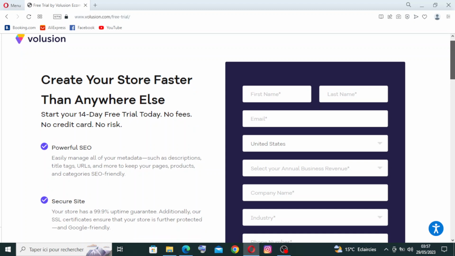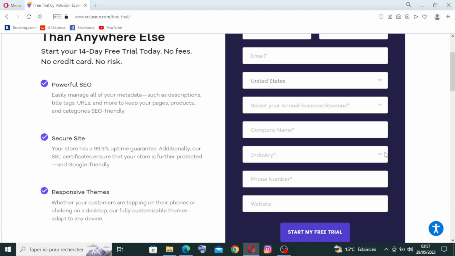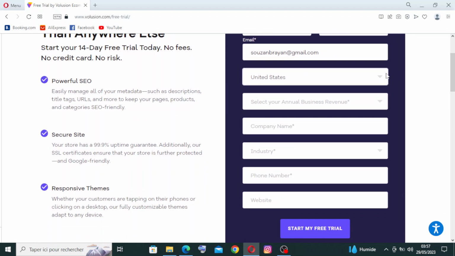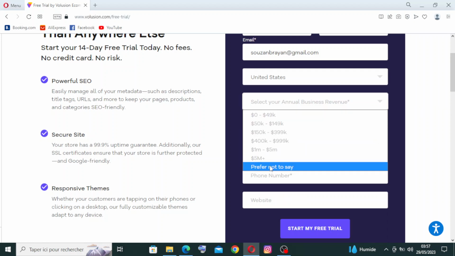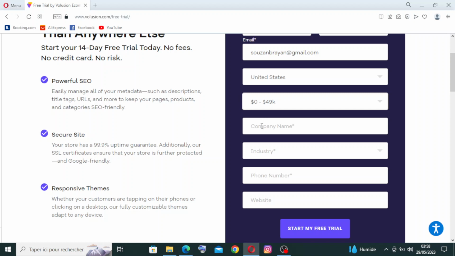Now this is the following information that we need to enter, and we need just to click on this to create the account successfully. Okay, we need to enter the first name, and the last name, the email address. We need to select the country, and then the annual business revenue. Okay, because we are trying the first one, we need just to choose the first one, and company name,